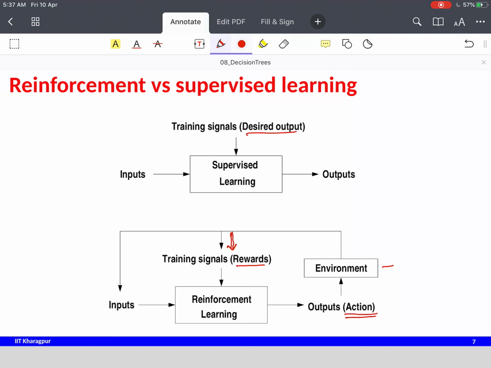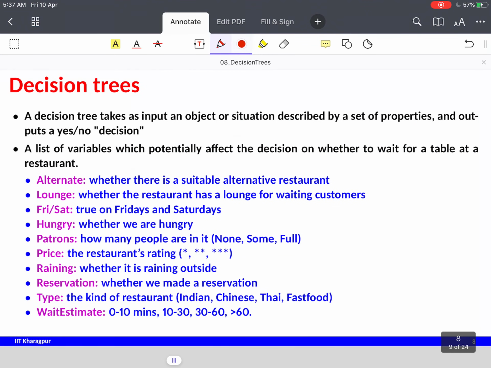So that is the major difference from supervised learning, where I have the output immediately available for a given input. So here, for the inputs, I do not have the output immediately. So with that background of learning, we will go into